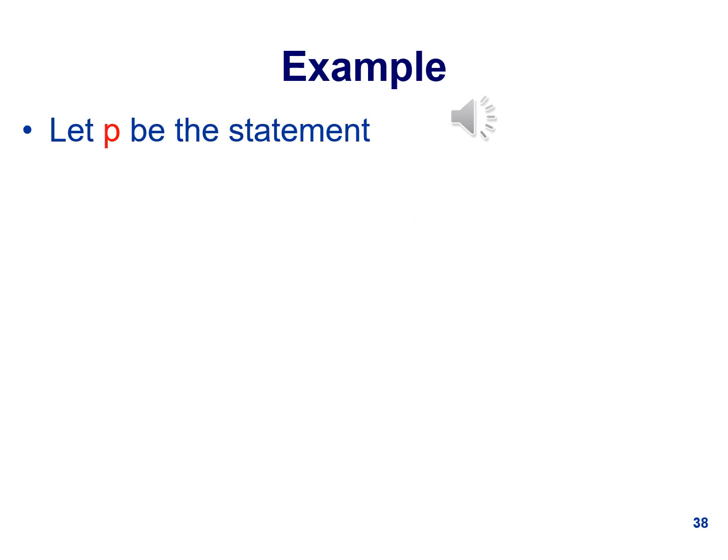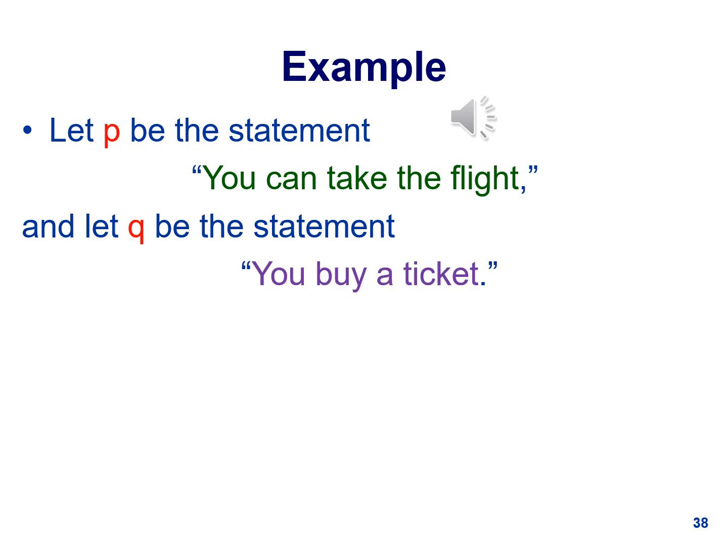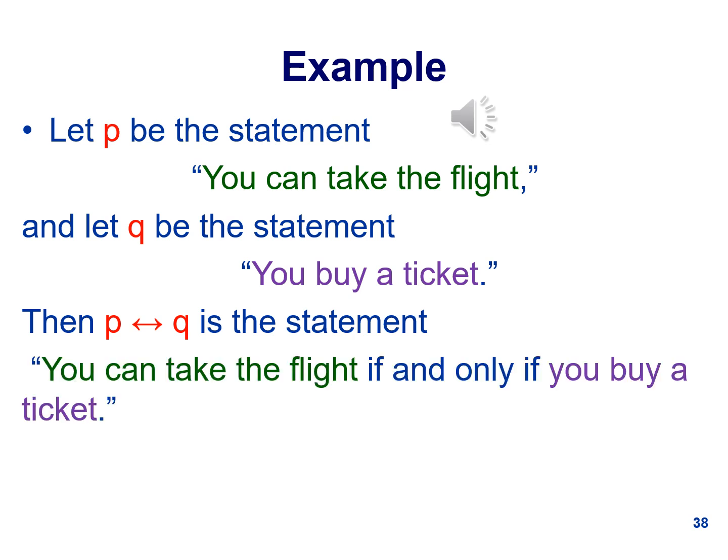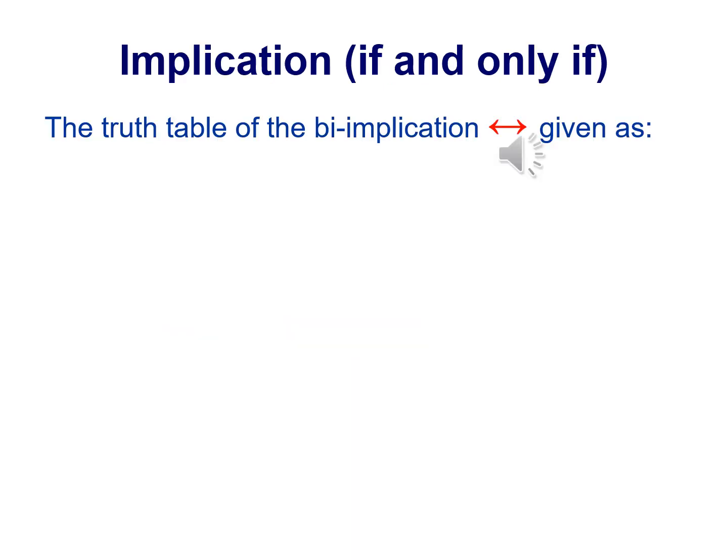Let P be the statement, you can take the flight, and let Q be the statement, you buy a ticket. Then P if and only if Q is the statement, you can take the flight if and only if you buy a ticket. The truth table of the bi-implication is given as